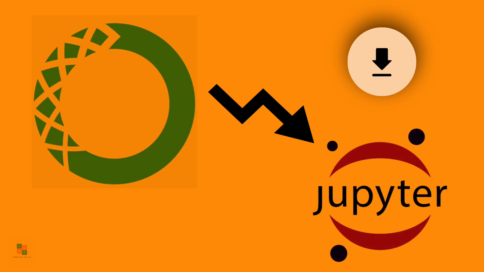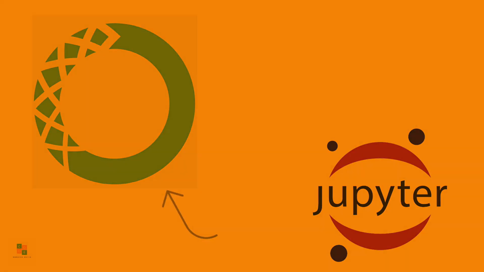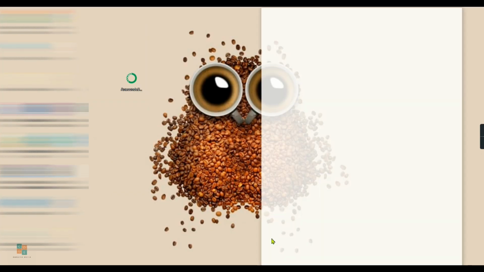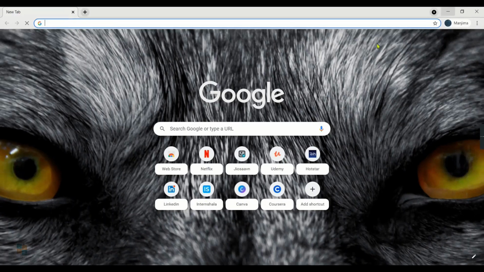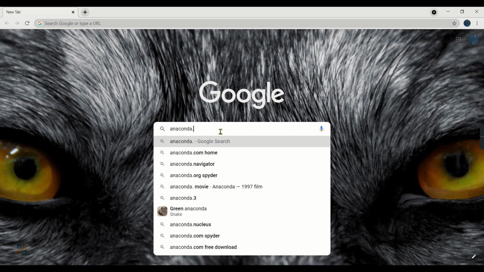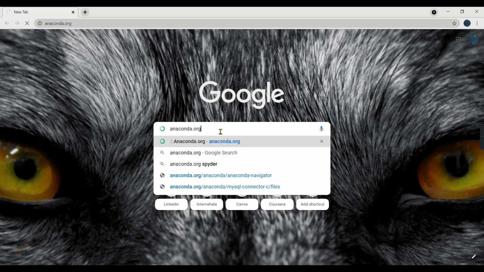So now, let me show you how you can install your IDE, Jupyter Notebook, from this Anaconda platform. So, let's get started. First, go to your default browser and type this. Click enter.